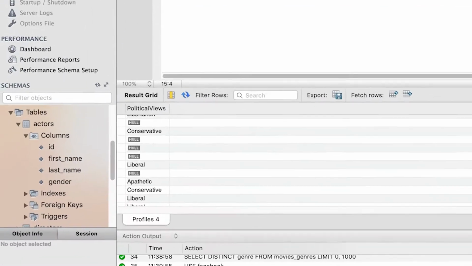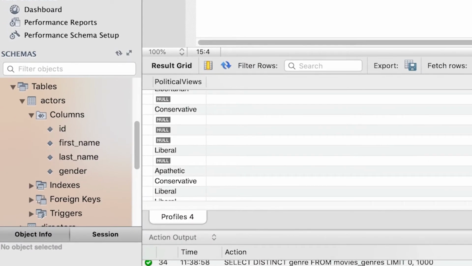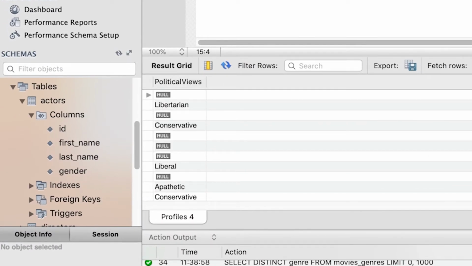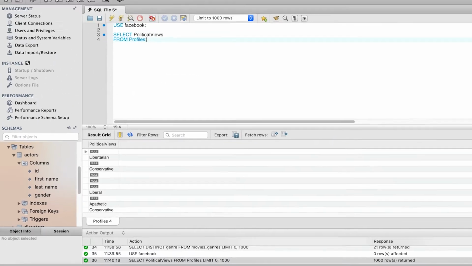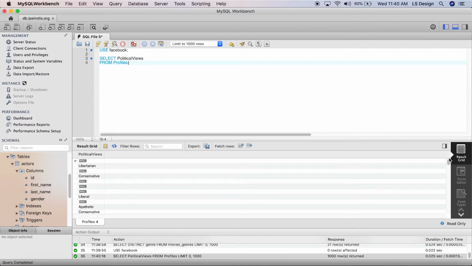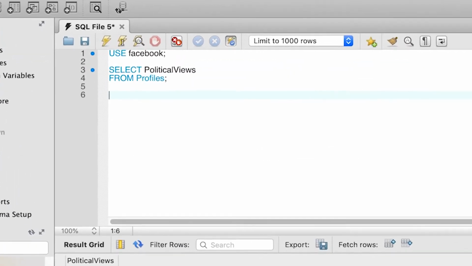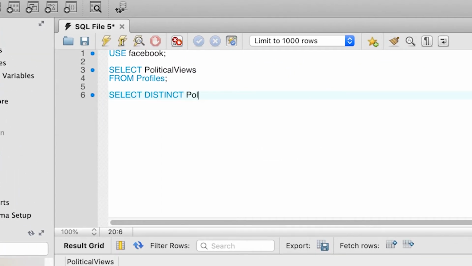We execute, and this query returns all the different political views of the students, of course with many duplicates. We want to eliminate duplicates, so we modify the query and write select distinct political views from profiles.